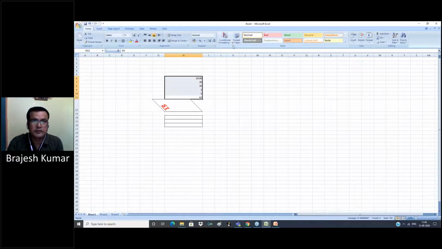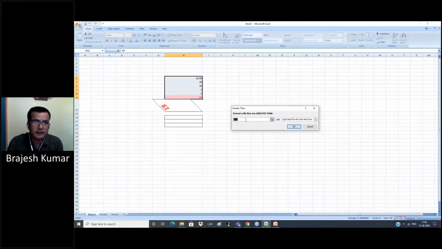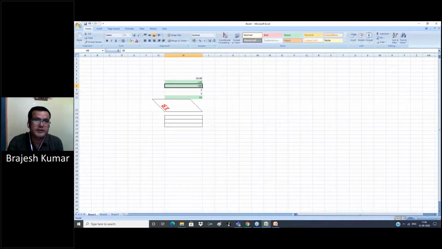Now conditional formatting, highlight cell, select greater than 10 with green fill. Now the cells which contain data more than 10 are displayed in green color.